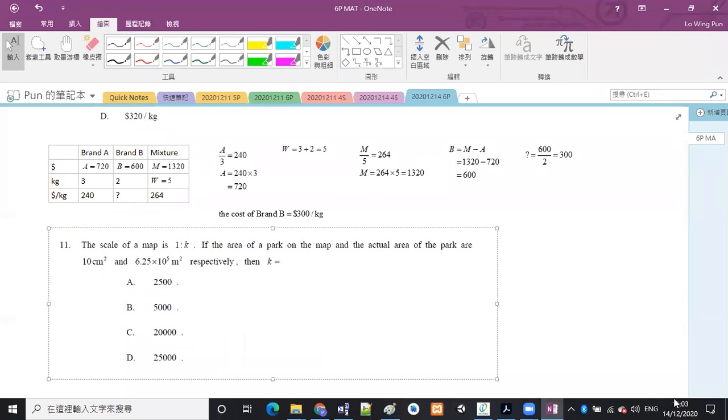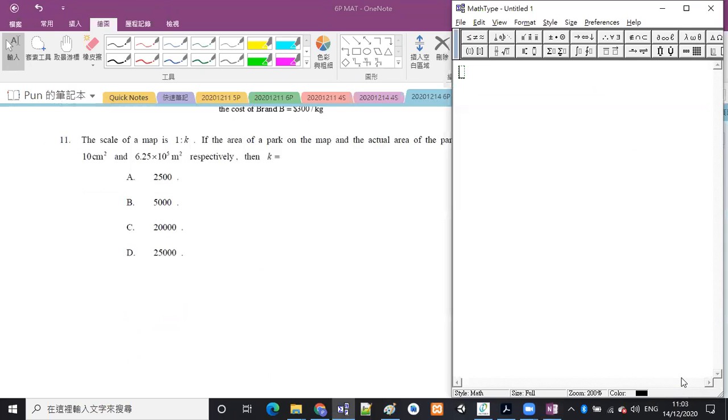If the area of a park on the map and the actual area of the park are 10 cm square and 6.25 times 10 to the power 5 meter square respectively。好嗱，呢題咧其實咧係比較直接啲嘅。簡單嚟講咧，我哋就係用呢樣嘢啦。A1 over A2 is equal to L1 over L2 square 呢一樣嘢。